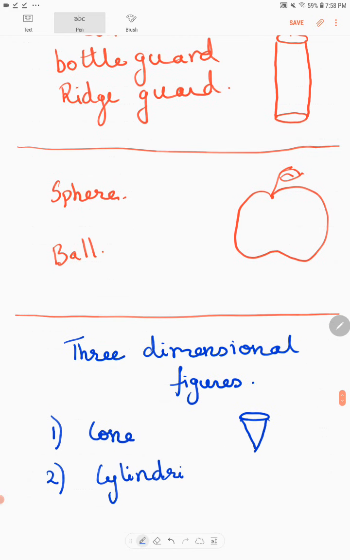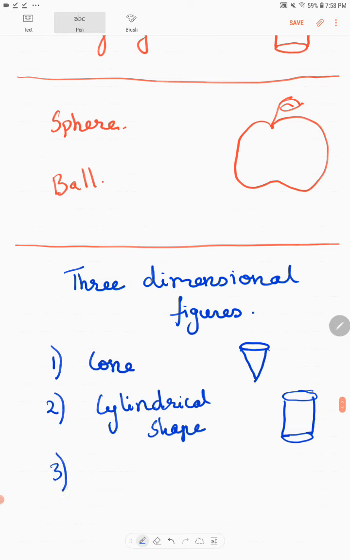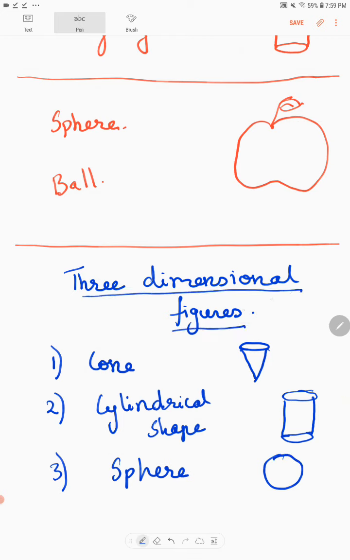Cylindrical shape. This is like this. Very good. And the third one is sphere. This is sphere. These are the basic three-dimensional figures.